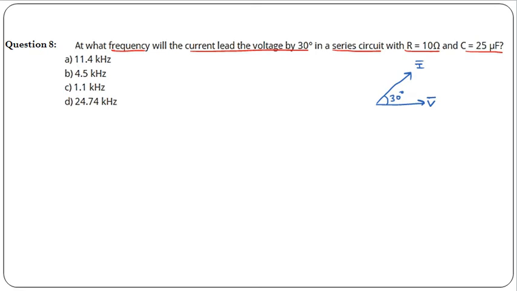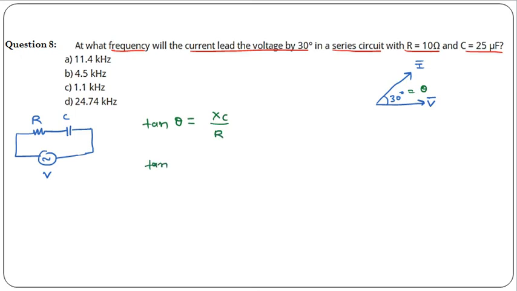Okay, and the given circuit is an RC circuit only, so here we have a resistance in series with the capacitance. Okay, and we have an AC source because frequency is given. So this is resistance R, this is capacitance, this is voltage source. So here the theta angle is already given, that is, theta value is 30 degree. So we know that for the series RC circuit, tan theta is given by X of C by R.